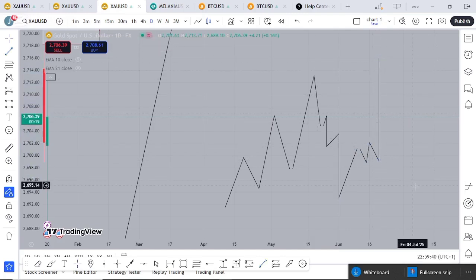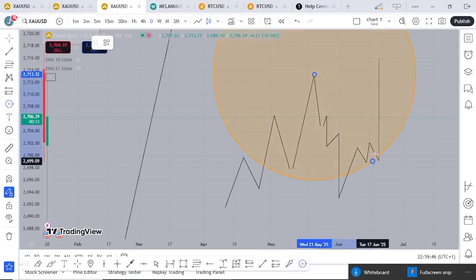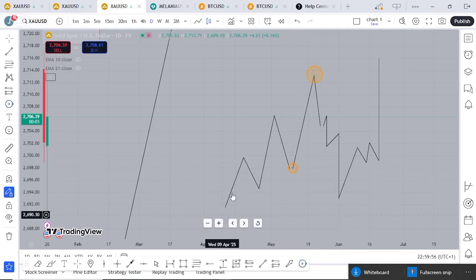So what price is telling you at this point is that now this is our external liquidity. See our external liquidity here. This is our external liquidity. This can be our internal liquidity, also a downward. So now you see we are going higher high, higher low, higher high, higher low. This is the lowest low of this particular swing. That is the external liquidity, that is the down support of this swing, and this is the resistance of this swing.